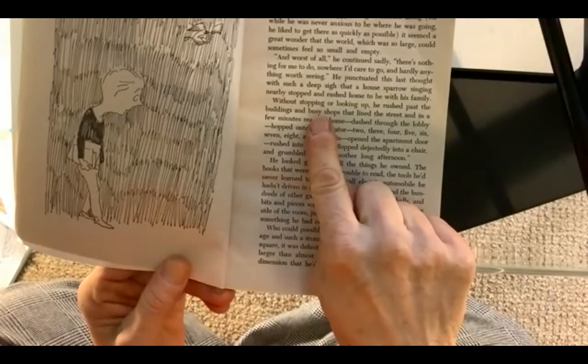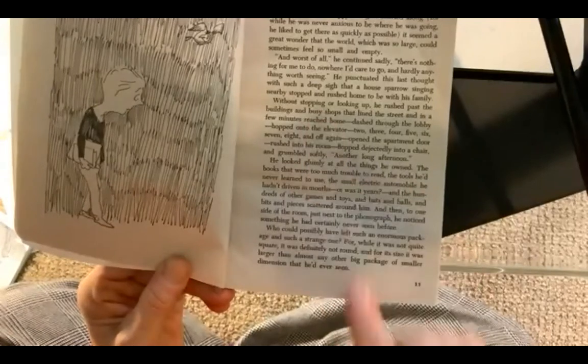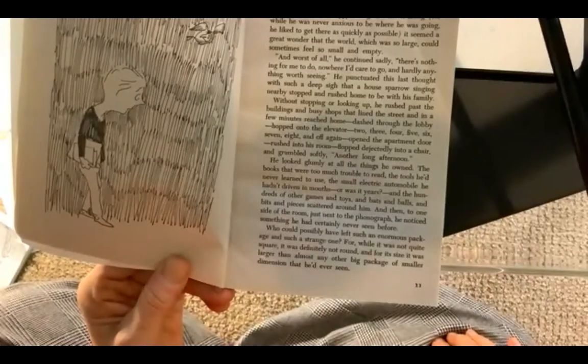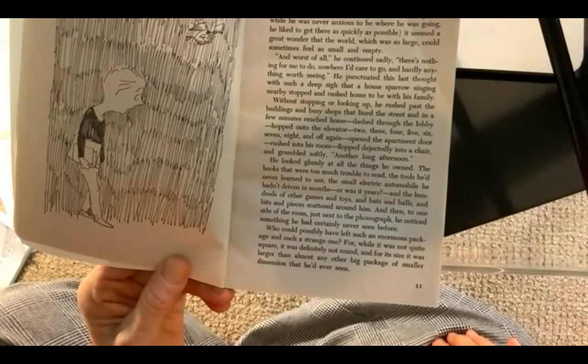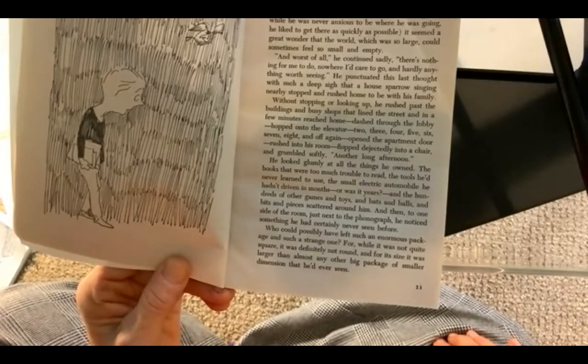He punctuated this last thought with such a deep sigh that a house sparrow singing nearby stopped and rushed home to be with his family. Without stopping or looking up, he rushed past the buildings and busy shops that lined the street, and in a few minutes he reached home. Dashed through the lobby, hopped onto the elevator, 2, 3, 4, 5, 6, 7, 8, and off again, opened his apartment door, and rushed into his room, flopped dejectedly, there's a hard word, into a chair and grumbled softly, another